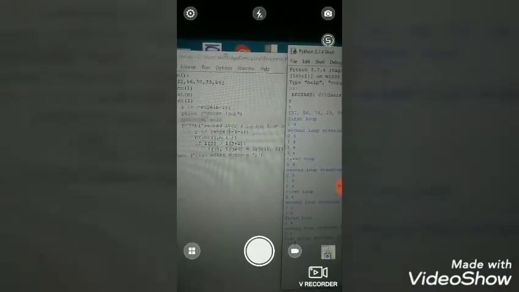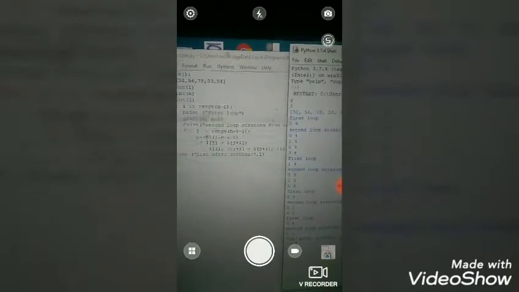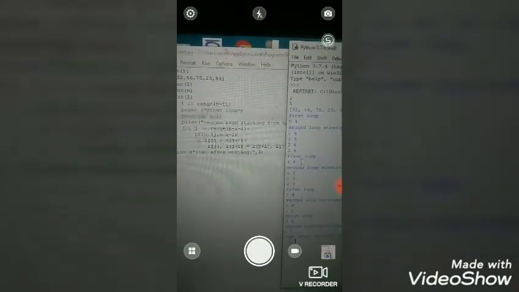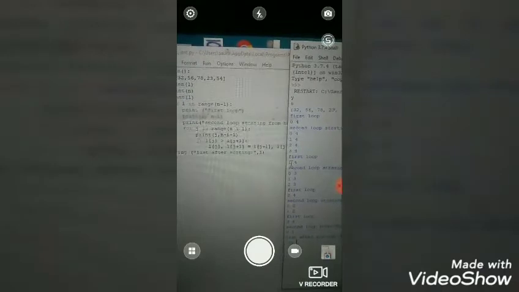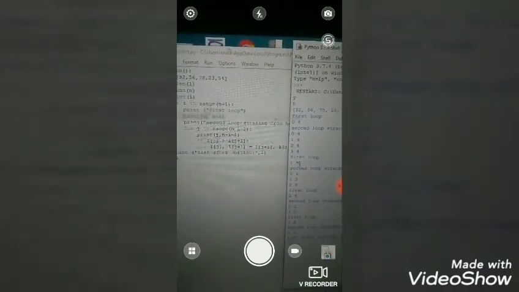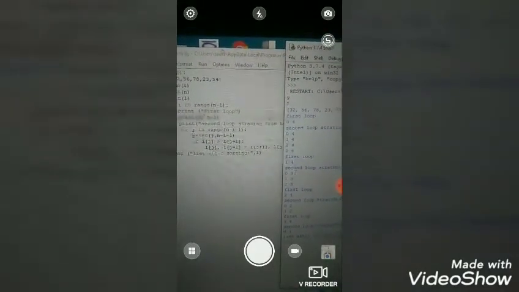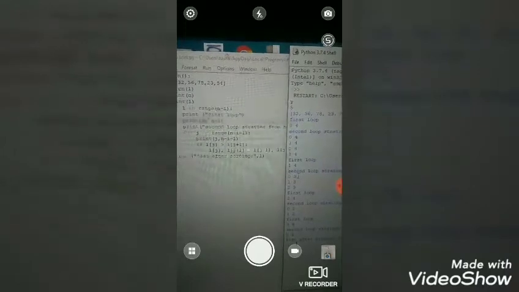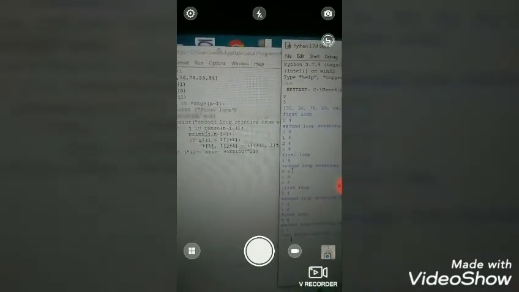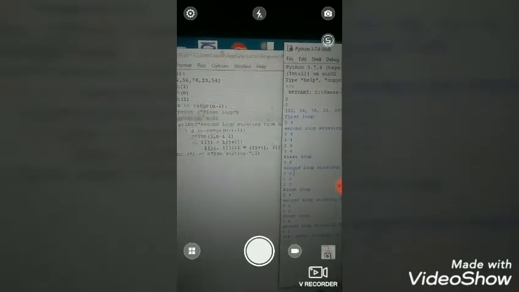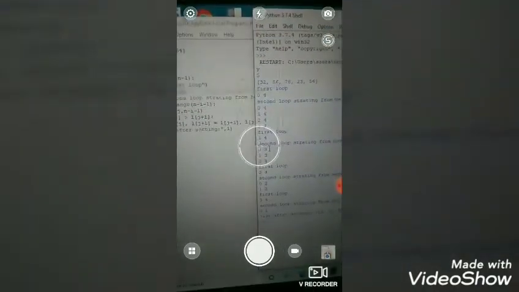After this the range is crossed, so it goes back to the first loop. In the first loop the value of i is now 1, incremented by 1, and the range is 4, so it runs again. This time in the second loop the last value is 3, because of 4 minus 1, and the first value starts from 0, so it tries to exchange the 0th and first index values. Then it checks the first and second index values.